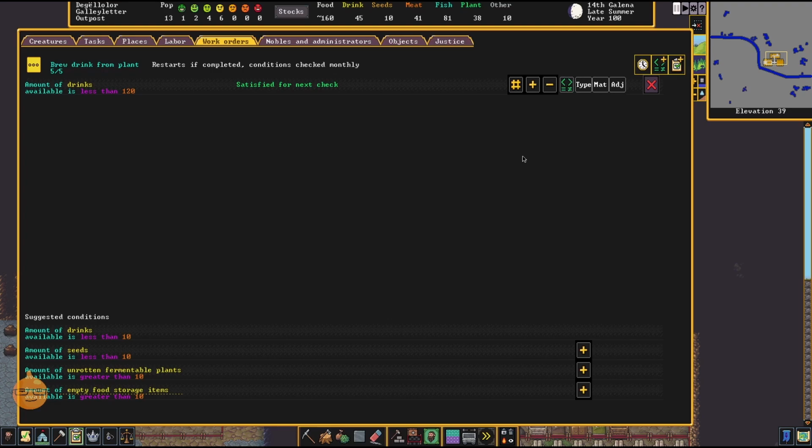Now, if I were to stop, we would get the same problem though. We are still not making sure that this task only runs when we have the barrels. So I can look again here and I can see that the last item in the suggested conditions is amount of empty food storage item. Now this is just a really generic way of saying barrels. The reason is an empty food storage item is either a barrel or a stone pot or a metal pot or a glazed jug. So I can click on this and then I can say,